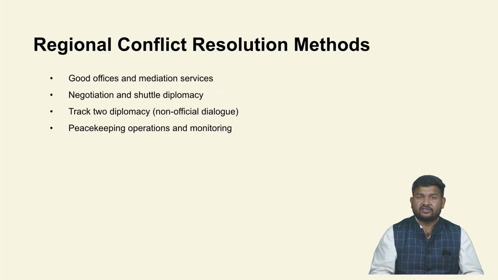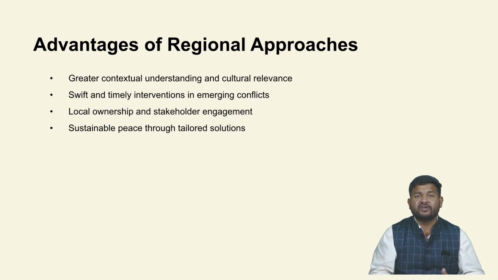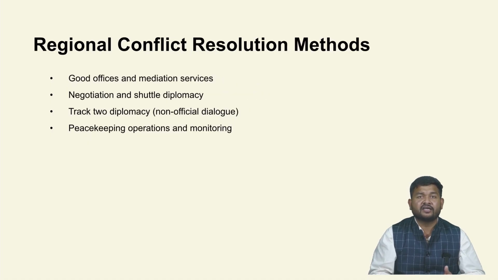So, regional functional and regionalist approach can be effective for several reasons. First, neighboring states often have greater proximity and better knowledge of each other's histories, culture, and conflict than distant powers, which can make their mediation more credible and context sensitive. Second, instability in one state frequently spills over into its neighbors through refugees, arms flows, economic disruptions, and extremist networks, giving neighboring states a strong stake in regional stability.